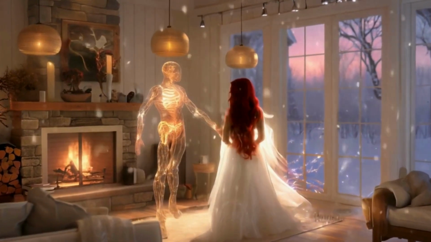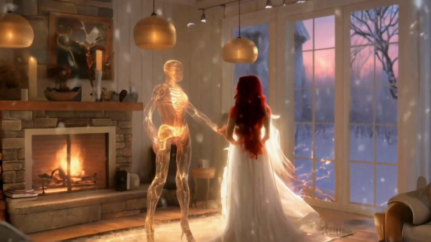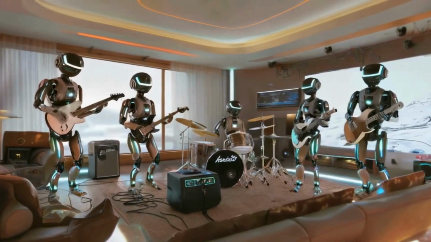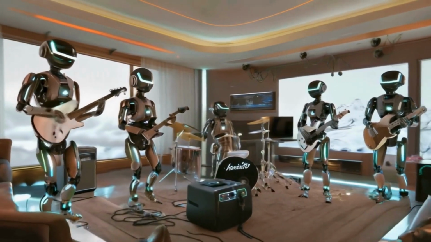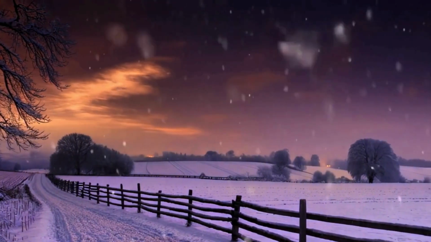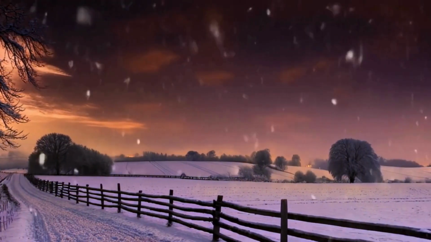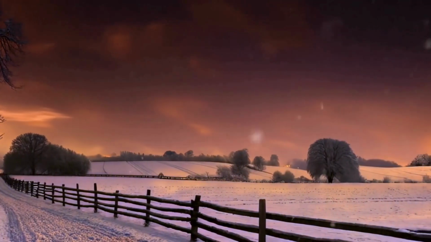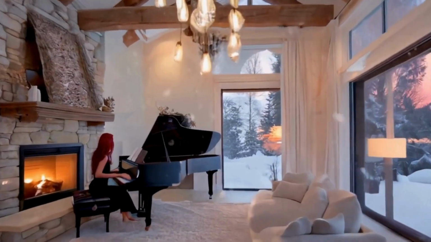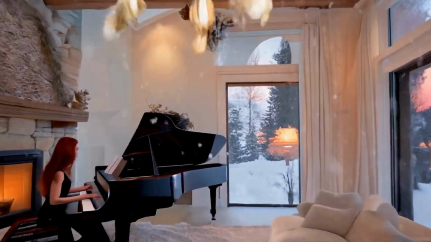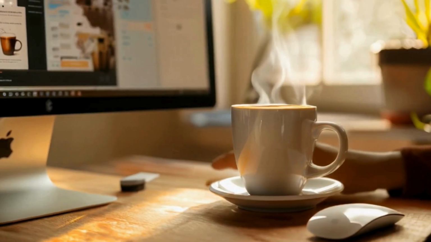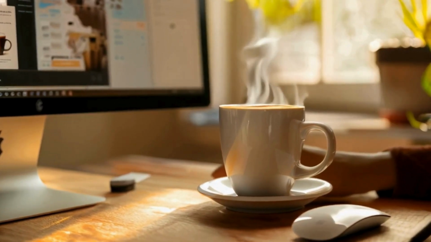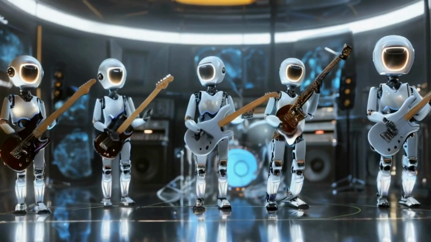Her heart and the AI dancing as one, creating songs till the day is done. Snow keeps falling, soft and slow, melodies bloom like winter's glow. Jessica smiles, her coffee near, creating beauty